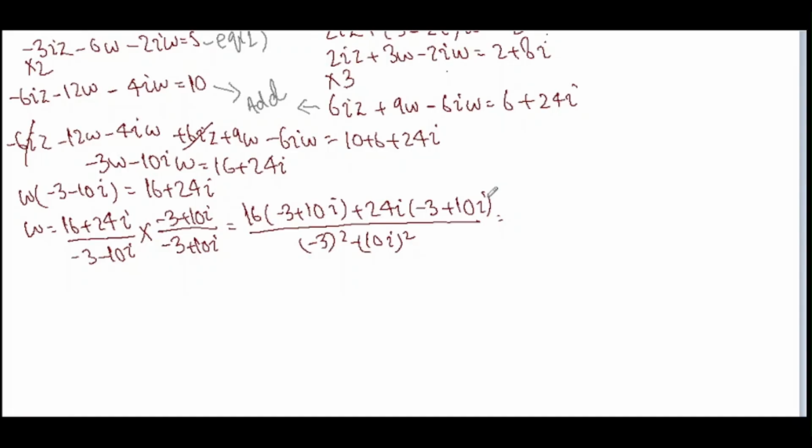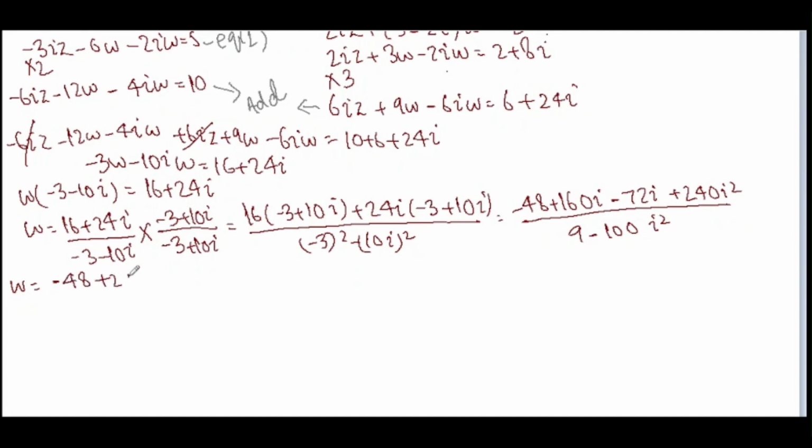Equals, now 16 into minus 3 is equal to 48, so minus 48 plus 160 iota minus 24 into 3 is 72 iota plus 240 iota square whole divided by, minus 3 square is 9 minus 10 square is 100 into iota square. Now w equals minus 48 plus 240 into minus 1. This is plus 240 and iota square gives us minus 1, and plus 160 minus 72 gives us 88. So we are going to write it over here, plus 88 iota whole divided by